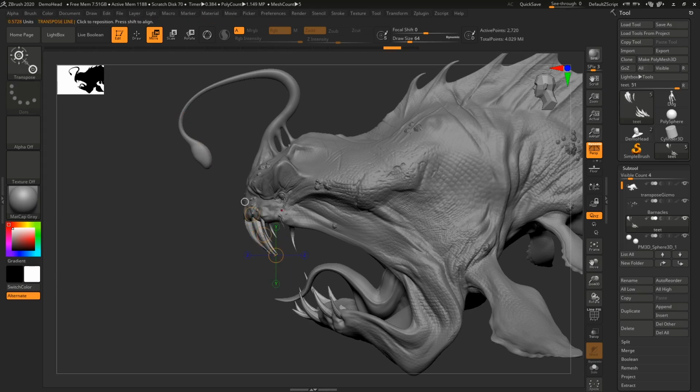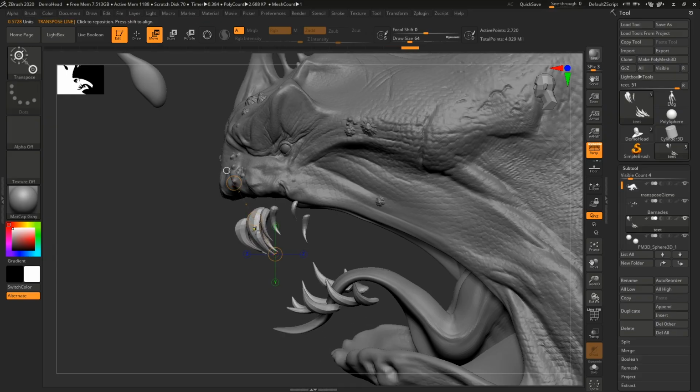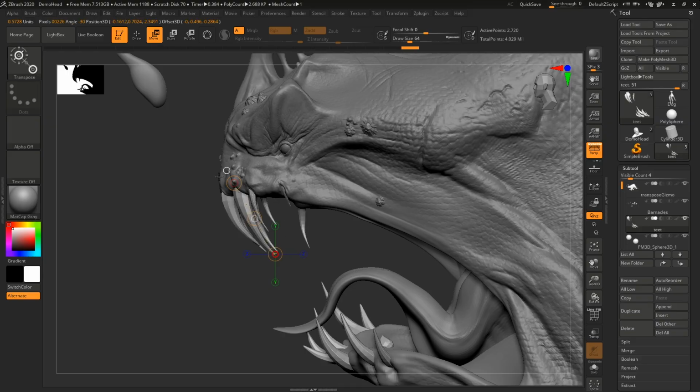Let's try this again as well. But now we've just been moving the transpose line up like this. So let's see what happens when we move on this from this side. So we move here, and now it just scales down. Let's see what happens here. Now this is where it gets weird in ZBrush, because these are not symmetrical. It's not that these are the same. One of them will actually scale it down like this, and the other one will just